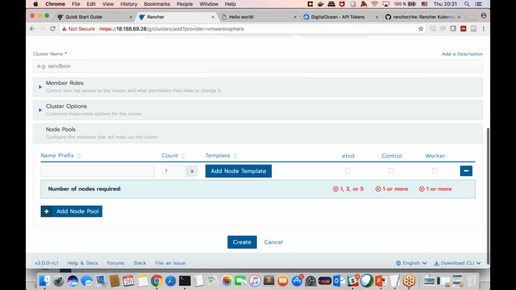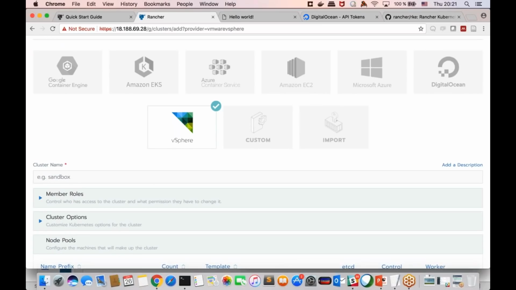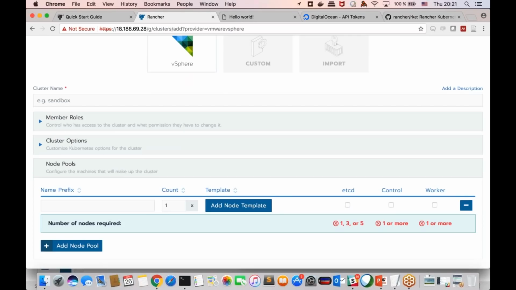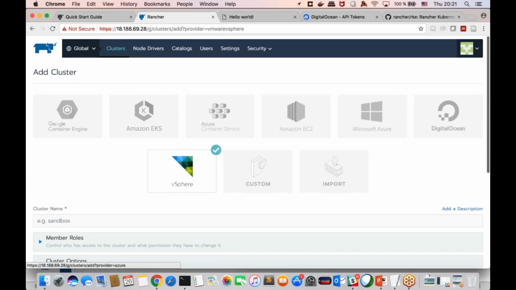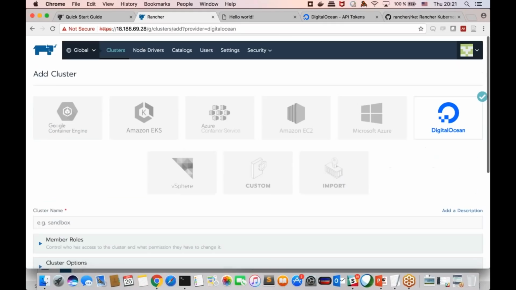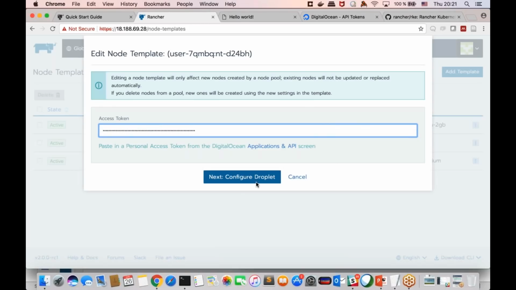Okay, great. And the next question, if you could just leave it on the screen, Rosano asks, this option to deploy new clusters seems quite different in Rancher 2.0 than 1.x. There's no option to set the number of nodes and select a template. In 1.0, there is this number of nodes. Oh, okay, so this is all happening here. Let's go back to the DigitalOcean one because I have configured that. This is where you choose the template. The template contains your credentials, well, it does not store the credentials, but